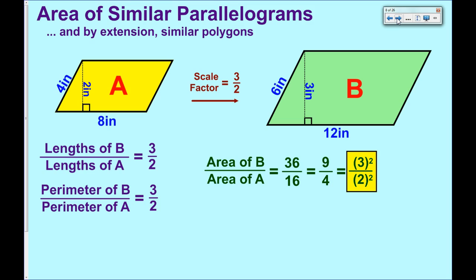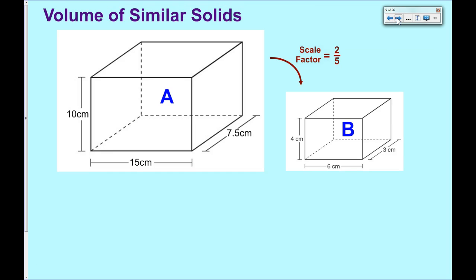That was for area. Now, let's take a look at what happens when you do that for volume, and you might want to pause the video and make a prediction here. Now, there's actually three things we can talk about on a three-dimensional figure. We can talk about length, area, like of a face, and its volume. So, based on our current observations in similar figures, our lengths, one would expect, would kind of adhere to that